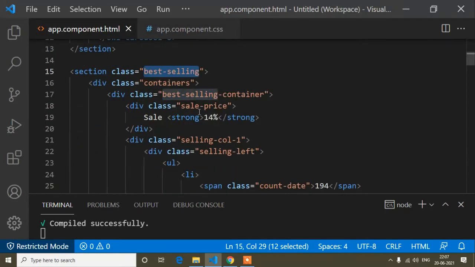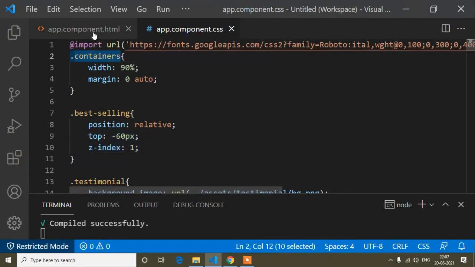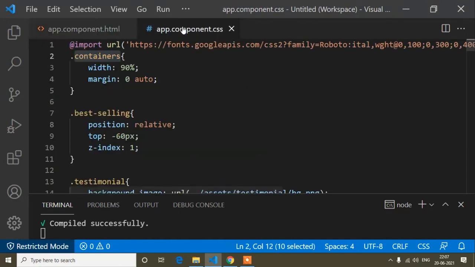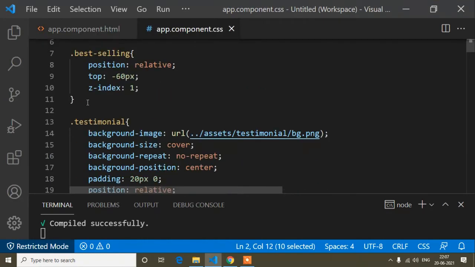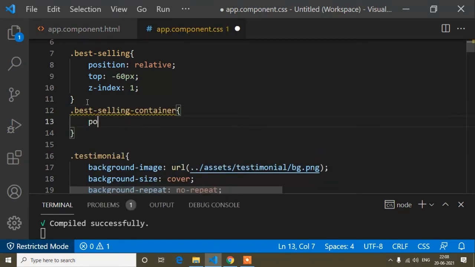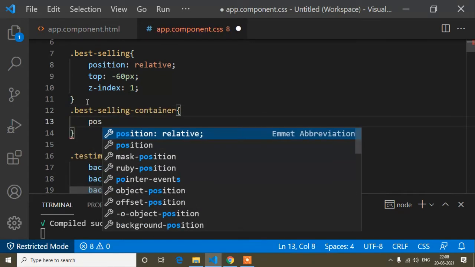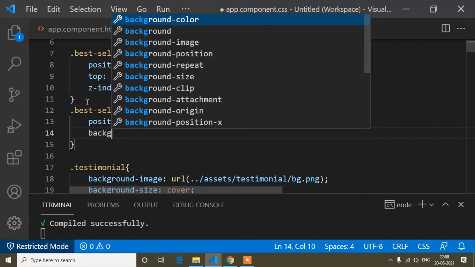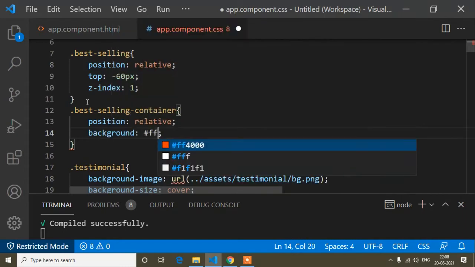And now the next is containers, which I have already added here, because this is the common thing: every section has this container class, so it's already added. So now the next HTML class name, this one, I copy it and paste it here. And this one also I will write position relative, and first of all background color white.